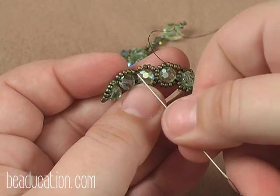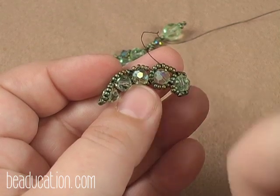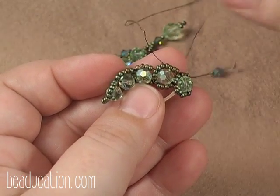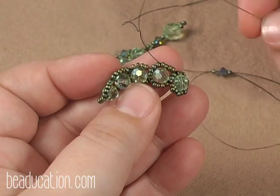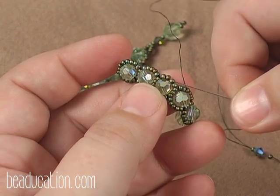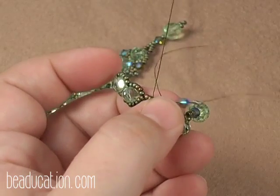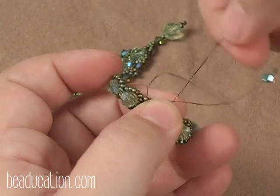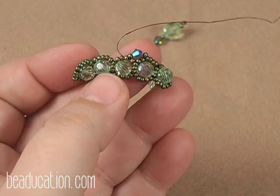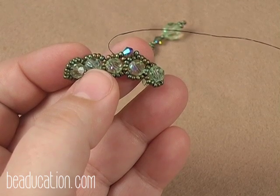But look, I have a problem over here because now I've only got 4 seed beads in this next spot. In this case, you're literally just going to have to pick one. It's going to be a little tiny smudge off center, but somebody has to be looking really closely to see it, and my rule is if they're looking that closely, they're invading your personal space and they need to back up. So by doing that and then adding your next bicone, your seed bead, your bicone, and your seed bead,